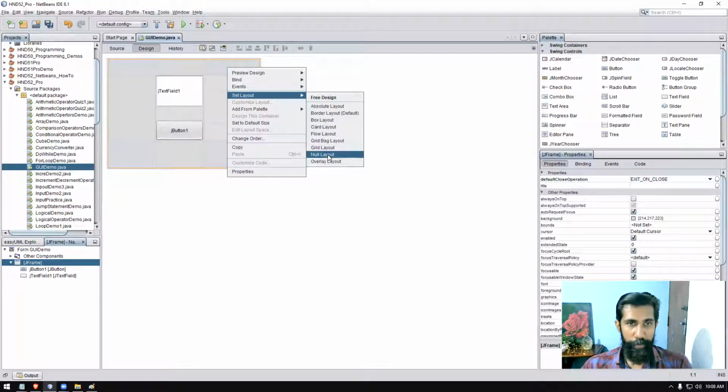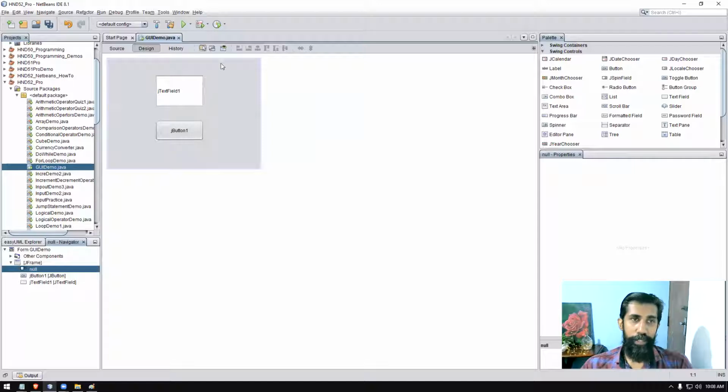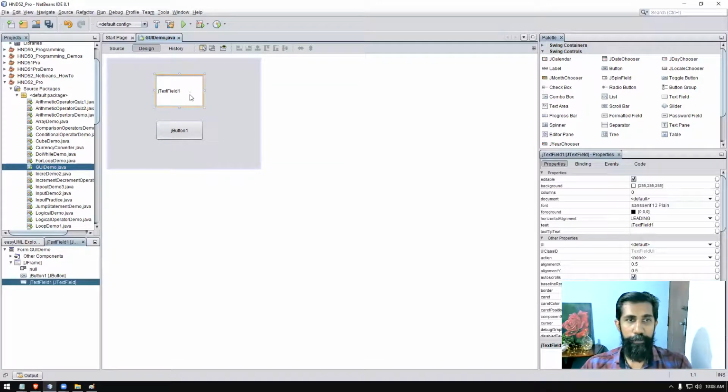When you choose that, you are disabling all the existing layout managers. Now we can freely move around and adjust as we want, right? So it gives you much freedom. There are disadvantages in this method also, but for the time being, we will keep it simple like that.